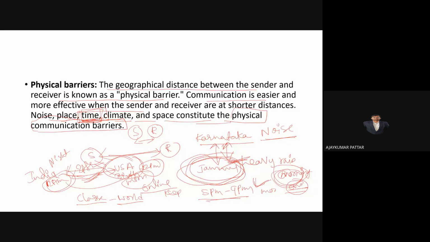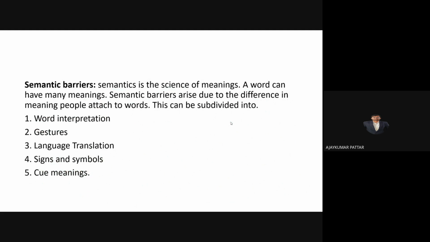So all of you understood what the physical barrier is? And it also includes, sir, the traffic noise, poor lighting. The physical and climate changes act as a barrier for proper communication. For example, if you are taking a class and abnormal sounds from roadside traffic are coming, the college is near the road, then it is also called physical noise. Then semantic barriers.